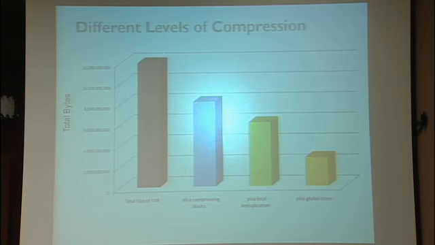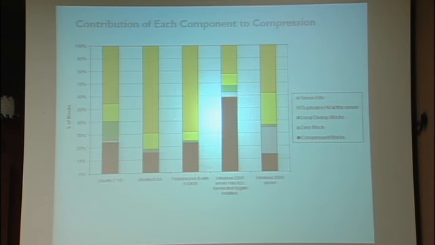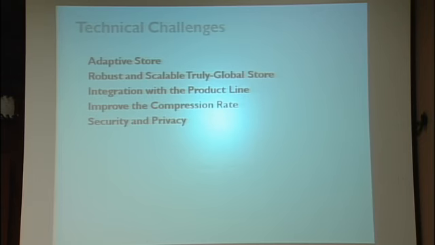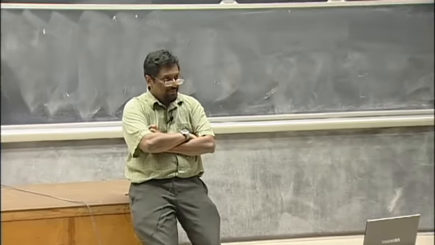So here's the total size of all the VMs. The interesting thing is, if you just do compression, most of this is zero blocks. You can eliminate the zeros and do very simple compression in here. And if you do local deduplication, if you eliminate that, and if you do global, you get to this point. So you get to about 30% of the original data. And yeah, there's more data in here. So that's kind of an interesting global level system